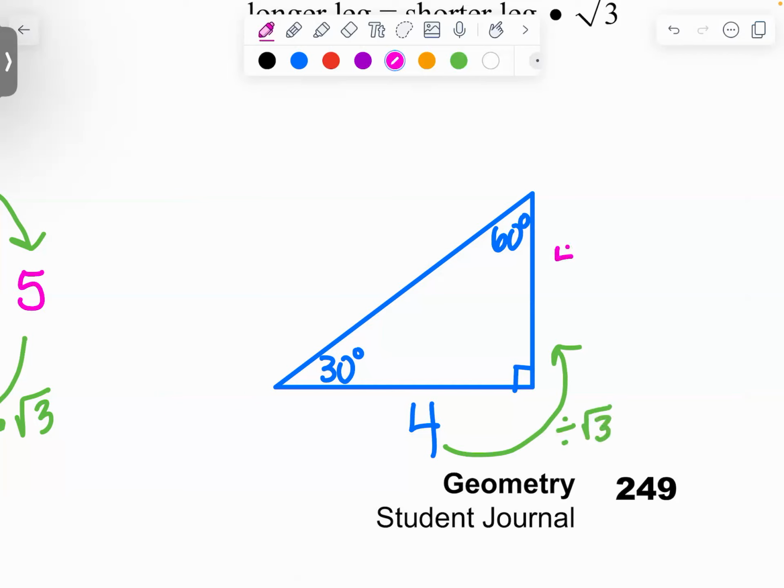We have to take 4 divided by root 3. Can we leave it like that? No. Okay. So we need to do our rationalizing, which is going to give us 4 square root 3 over 3. Is that okay? That is okay. Okay. Now that we have our short leg,